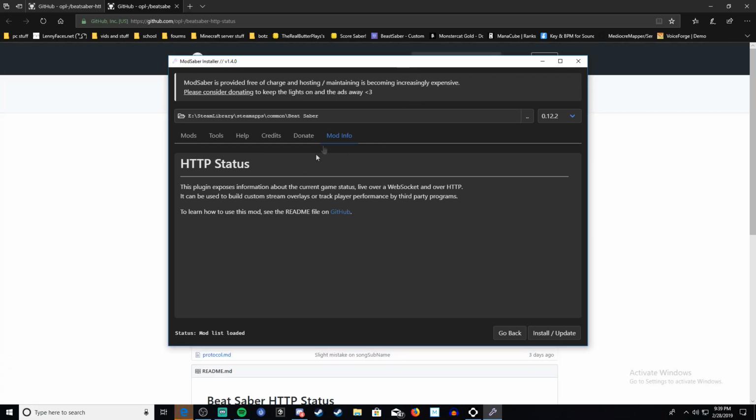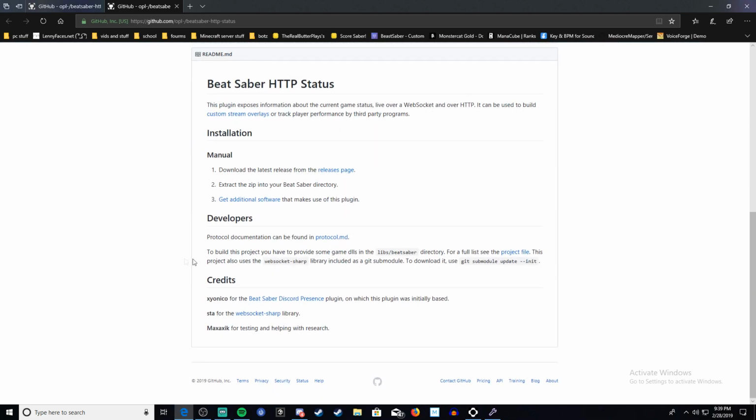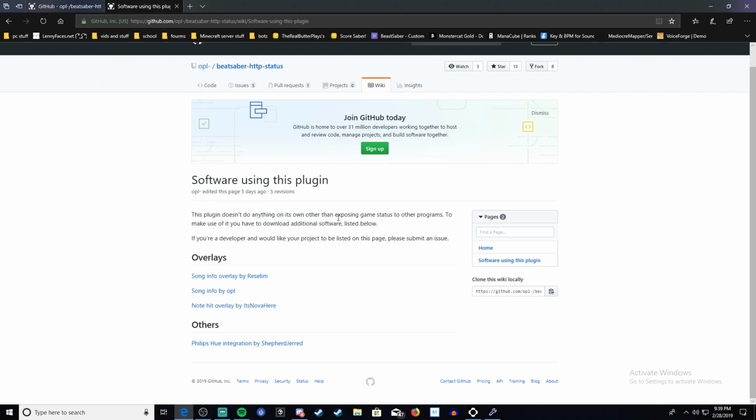You're going to need it because all this does is expose information about the game's status over a WebSocket, and so it can be used in other programs that are made for it. Now that's pretty useful. So you're going to want additional software because that doesn't create the overlay itself. What creates the overlay is these three, and each one's pretty cool, but one of these two is what I'd